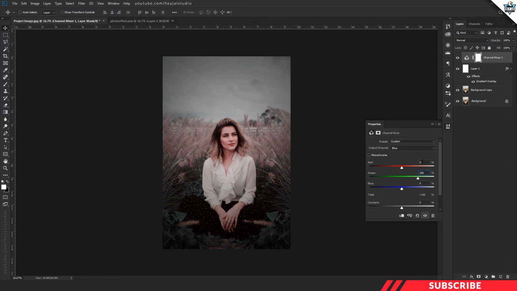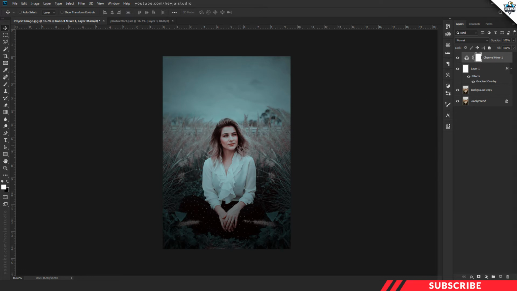Fine. Next, in this image, if you look closely, we've got that reddish tone. I'm going to take care of that by selecting the red channel. Here I'm going to bring the red bar down a little bit. Nothing much, I'm going to bring it down to 95. Now I'm going to bring the green down to around -20. There you go. Fine, I'll settle with this one. Based on your image, feel free to experiment with the channels to get your desired output.